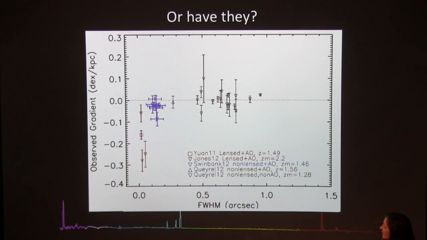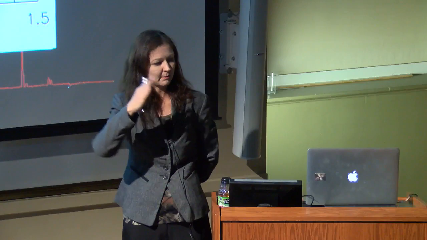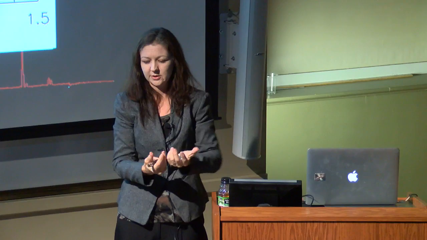So what this means is that any of these measurements without lensing and adaptive optics, they actually can't measure metallicity gradients. What's causing the flattening is probably two reasons. One, you're introducing a lot of noise when you're smearing light out. They're measuring them in annuli, so binning in annuli. And so you're introducing a lot of noise, but also in spiral galaxies, there's a thing called the diffuse interstellar